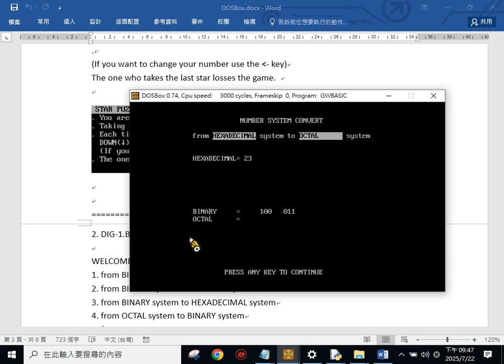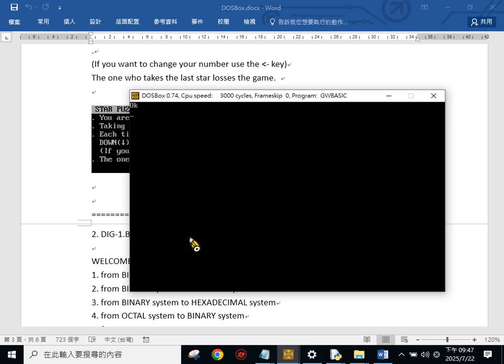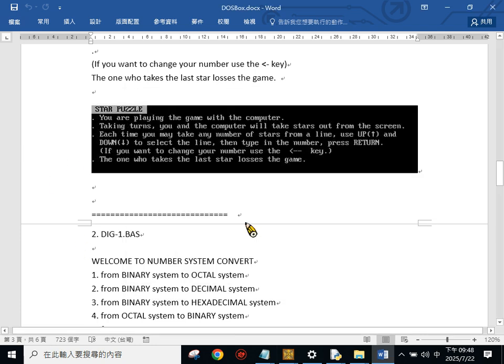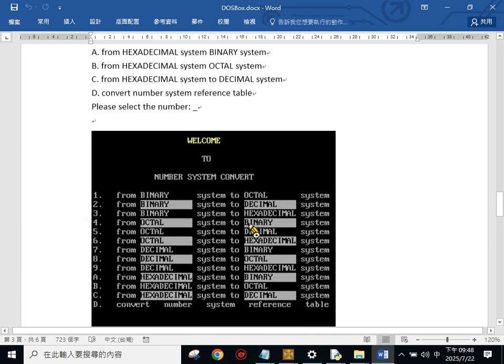And then separate 3 digits as a cluster. So this one is 4, this one is 3. So 23 of hexadecimal converts to octal, it becomes 43. Okay, if you want to run more, you just do it by yourself. Then we will do this one. Continue to